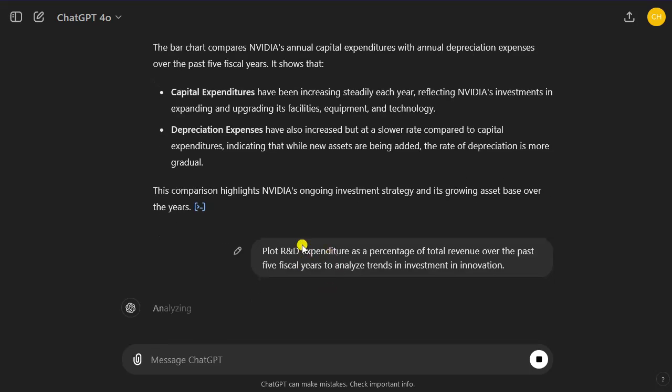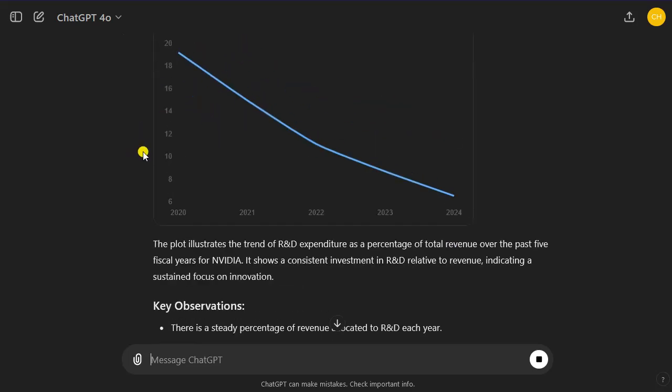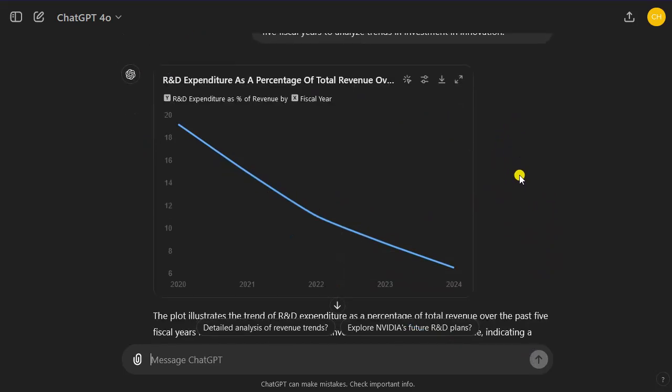Let's check the research and development expenditure as a percentage of total revenue over the past 5 fiscal years. This would be interesting if you want to examine how efficient they are. You see there was huge efficiency. As a percentage of revenue, they have spent less and less on research and development, which could also be a red flag in a way. It could be seen as a positive, right, because they become more efficient, but it is also a red flag because it now attracts